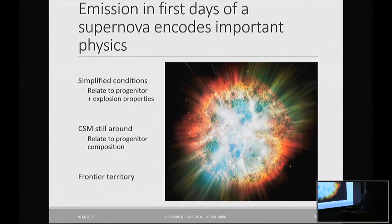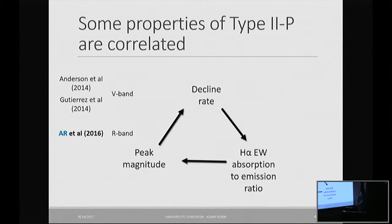And finally, it's really frontier territory. So we haven't been able until recent years to observe these supernovae in the first few days very systematically. So there's some low-hanging fruit here, and we'll discover new things no matter what. So in the last 3 or 4 years, large samples have come out, and people have done analyses to study